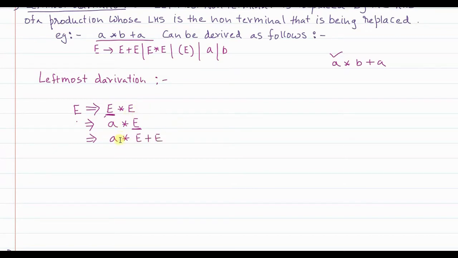Okay. Now you consider this term. Which is the next leftmost element? Now you can't say that this is the next leftmost element. Why? Because E is still a non-terminal. Here there is still a non-terminal. This has not been eliminated. Only when a particular non-terminal is eliminated, I mean it's replaced, only then you go for the next one, right? So which is the next leftmost element to be replaced now?